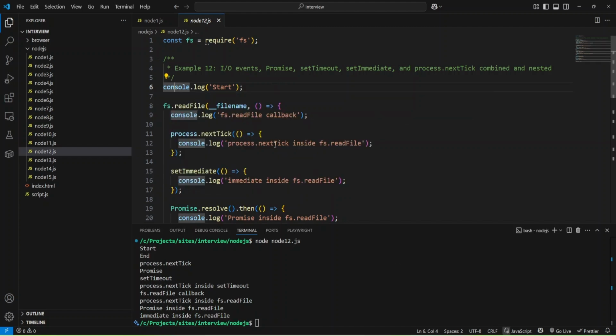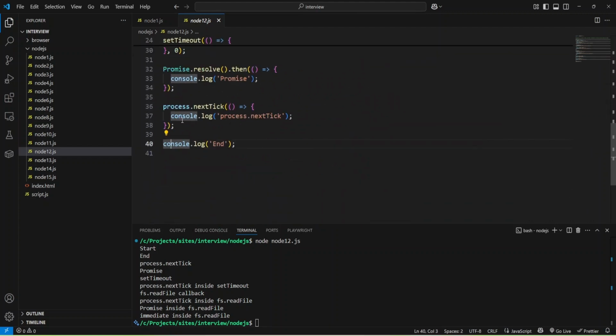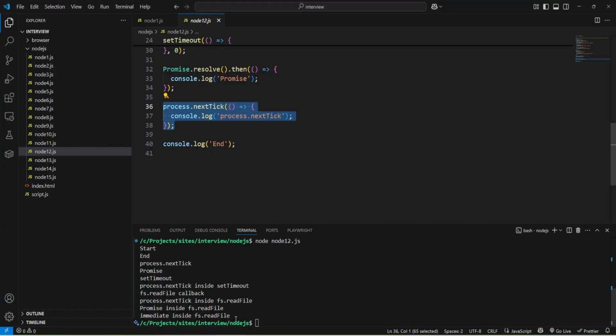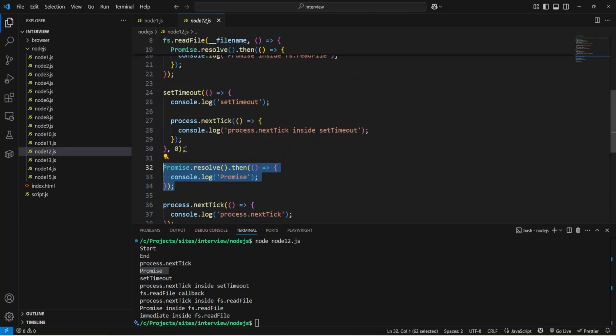First of all, we have start, then end, and then process next tick was executed before event loop, before timers, and then we have promise, and it was microtask queue, and then we have set timeout and console log set timeout.